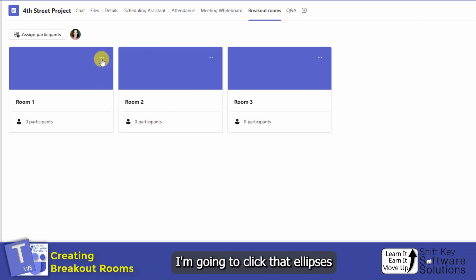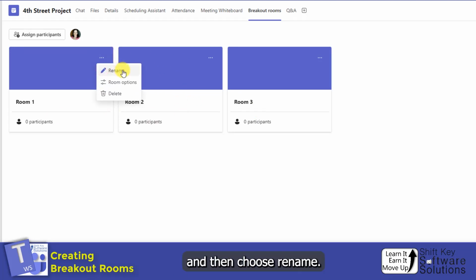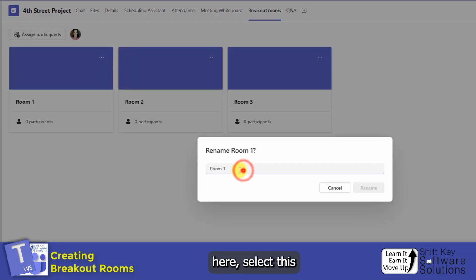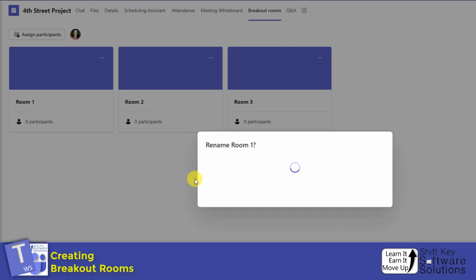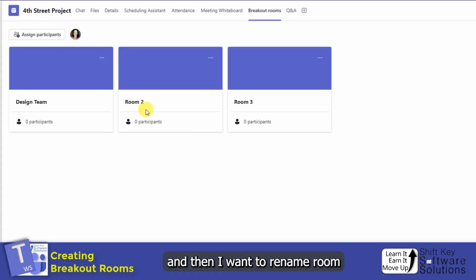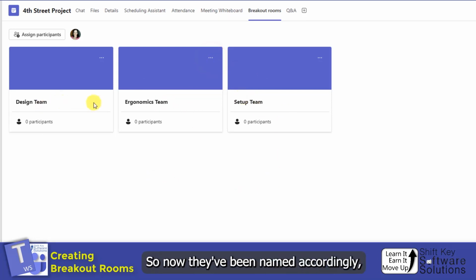I'm going to click the ellipses right here for room 1 and then choose Rename. I'm going to click inside here, select this, and I want to rename this as Design Team, and then click Rename. And then I want to rename room 2 and 3 as well, just like that. So now they've been named accordingly, so it makes better sense for the groups that are getting put in there. Now that concludes the exercise in the book,